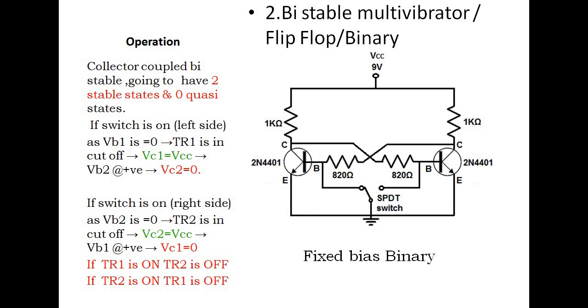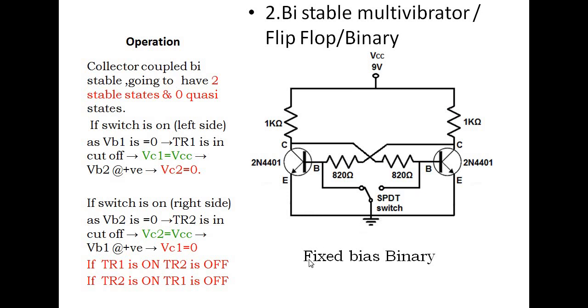If you look at the bistable multivibrator using transistors, there is no capacitor at all. Right? We have two transistors and four resistors, two resistors in the collector path and two resistors in the base path, but there is no capacitor at all. If there is no capacitor, the output duration, whether high or low, will depend upon the switch time. We're going to see in the simulation what the duration of the output is.